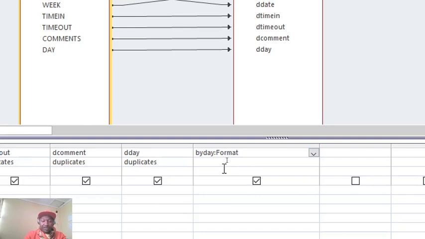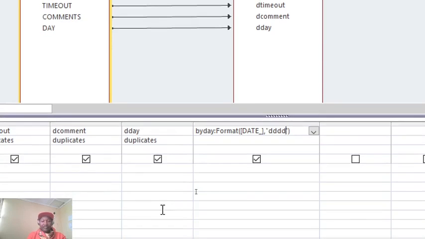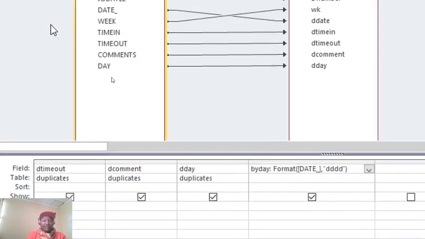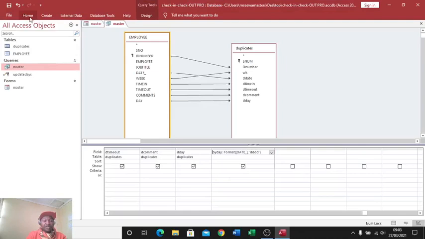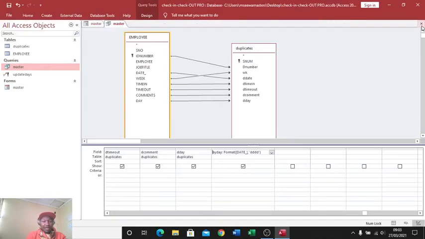Then format, we are formatting this one. We are formatting a field called, we paste it there. We are formatting that field date, then comma, in terms of date. Therefore, we have D. We want 3 D's there. Therefore this is the format, this is the formula. Therefore if now we run this one, if we assign, we key in a date, like now,